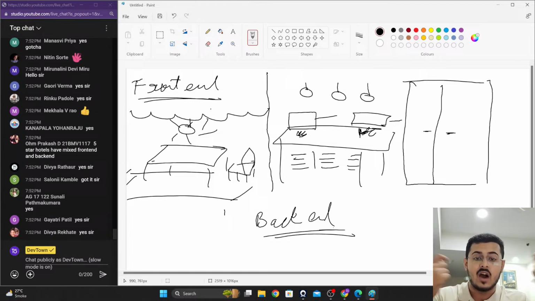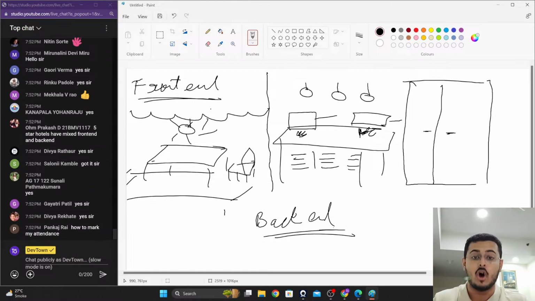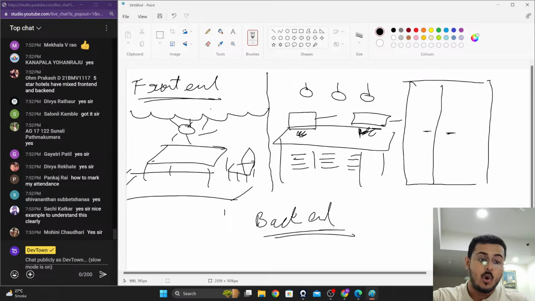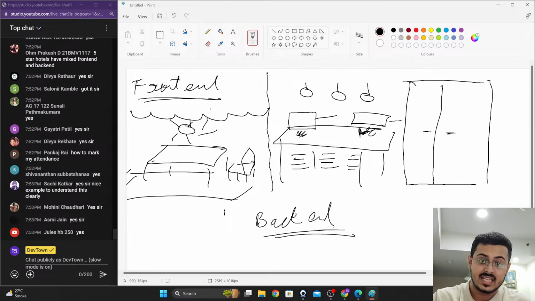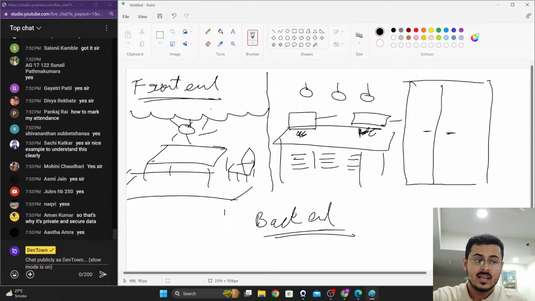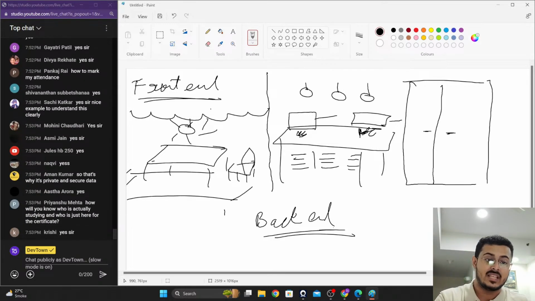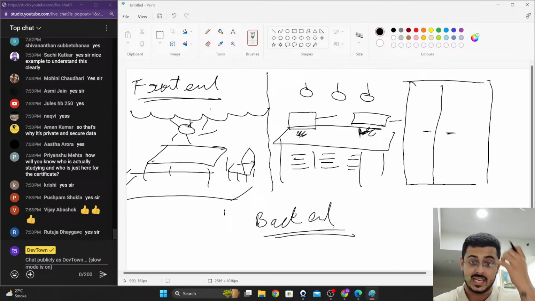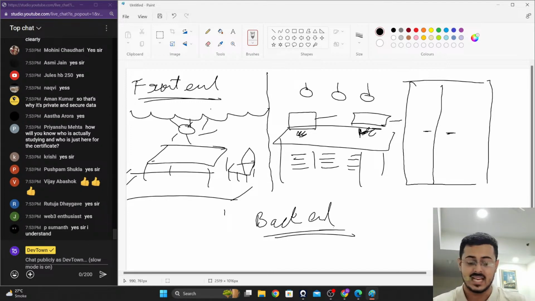And that is how the business logic of the entire restaurant remains intact, because as a user you cannot go inside the kitchen and check what the chef is preparing, how the chef is preparing it, right? This is called the back end of the restaurant itself. In a similar way, when you have a particular website as well,